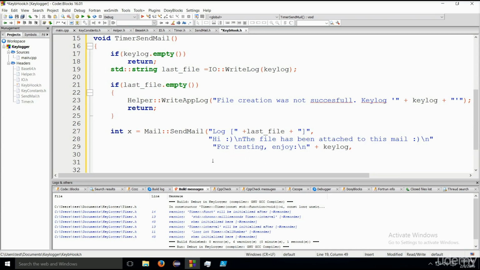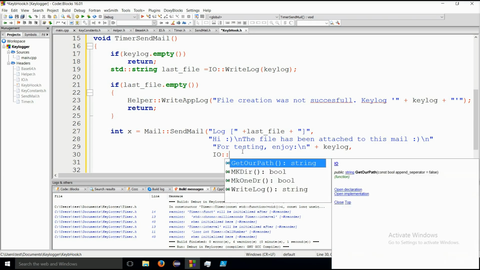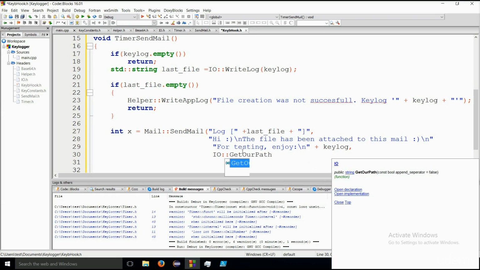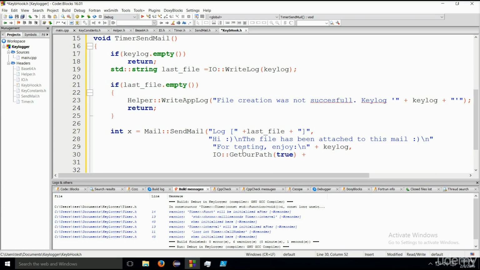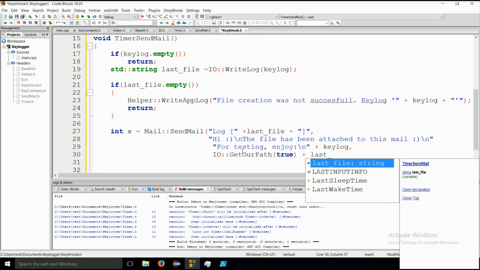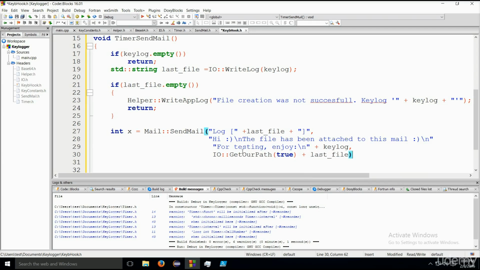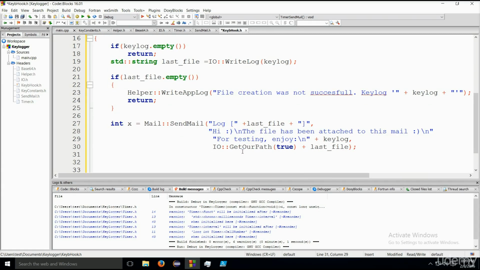Oh my god, I hate this. Sometimes it's useful though. Get our path, true, plus last file, semicolon. Now we can get out of there, and then let's go ahead and type in if